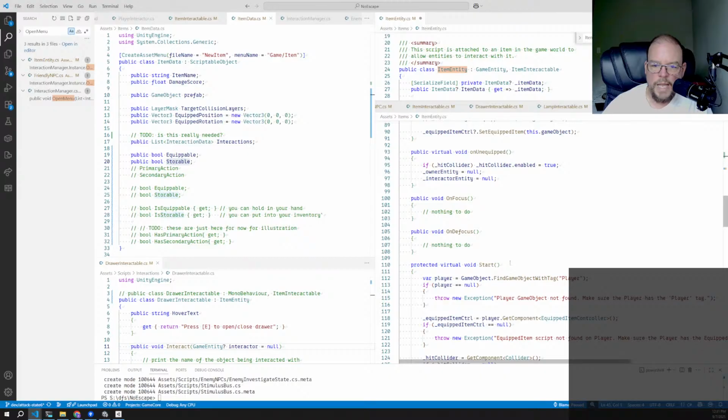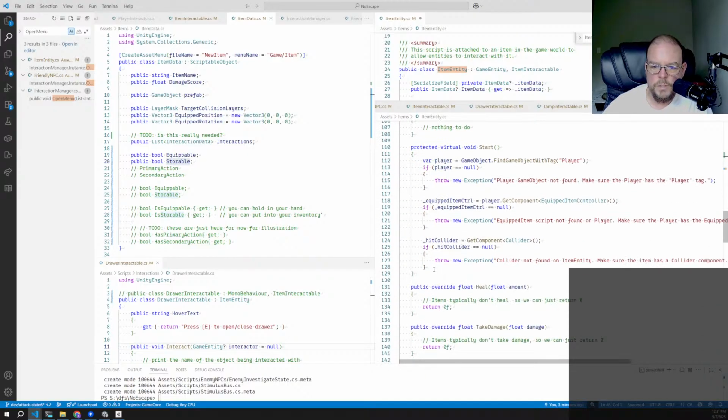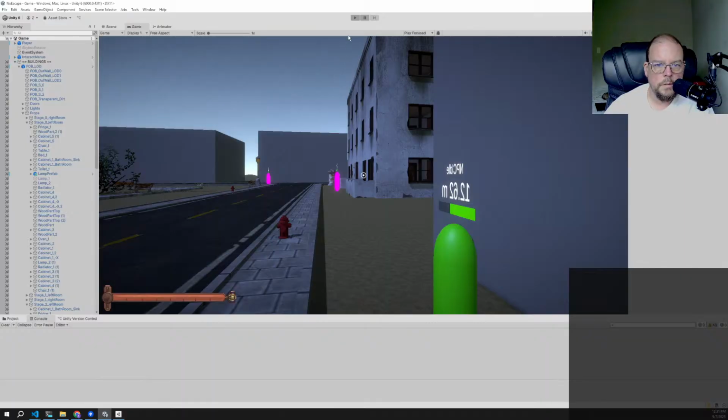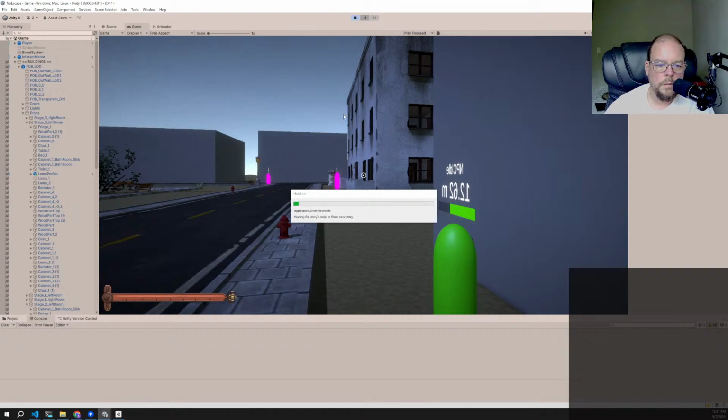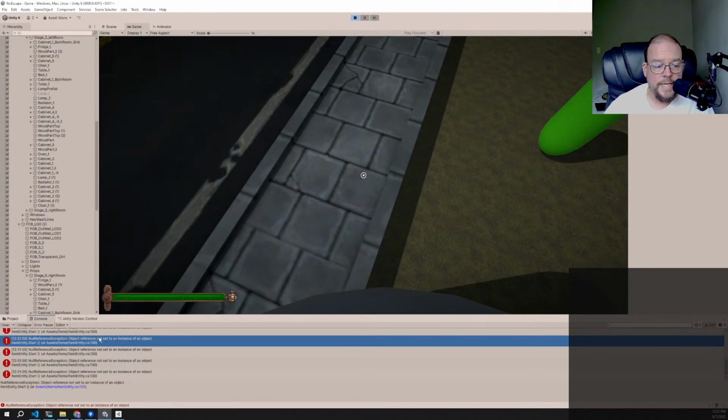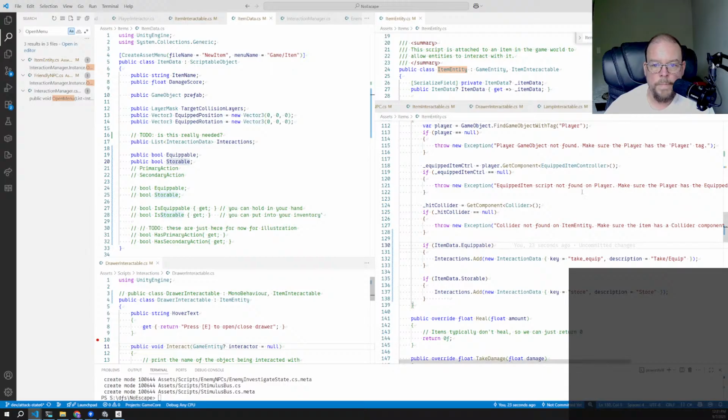But let's see, just for giggles, let's move this to start just to see. But regardless of the case, it's not that difficult of an error. Okay. No. Okay, so I need to dig in. I need to figure out when item data gets set and why it's not getting set. I don't recall offhand why it doesn't get set. So I'm going to actually